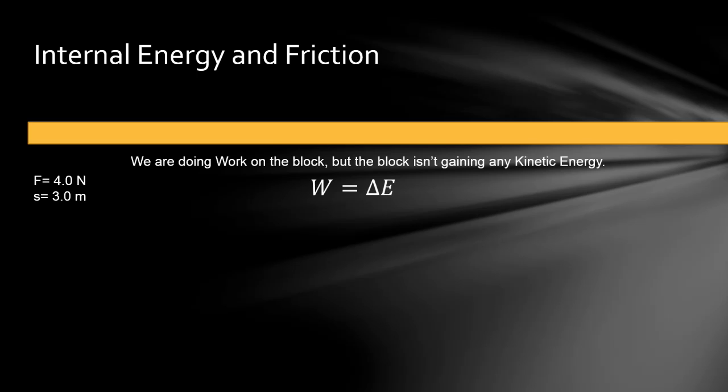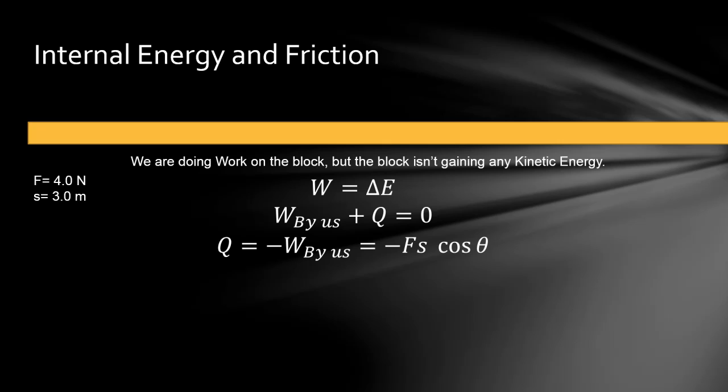Once again, the conservation of energy equation, which says that work equals my change in energy. And so the total work done is the work by us plus the work done by friction, or the heat that is being transformed from the mechanical energy. And because the energy is not changing, in other words, the amount of energy I have at the beginning is equal to the amount of energy I have at the end, then I know that the work, or the heat,